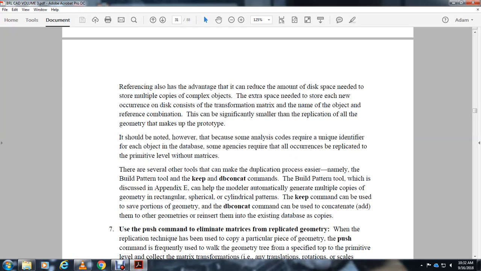It should be noted, however, that because of some of the analysis scope required, the unique identifier for the object within the database, some of the agencies require that all the occurrences be replicated at the primitive level without a matrix. There is another tool to make the duplication process easier, namely the build pattern tool, to keep the database concatenated commands. The build pattern tool, which is discussed in Appendix E, can help the modeler automatically generate multiple copies